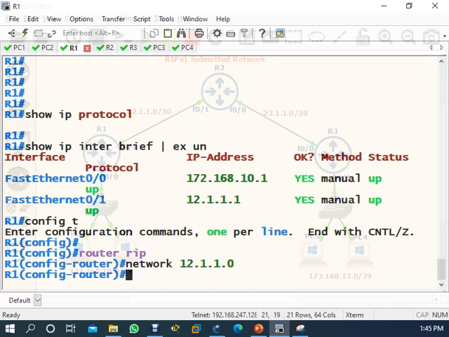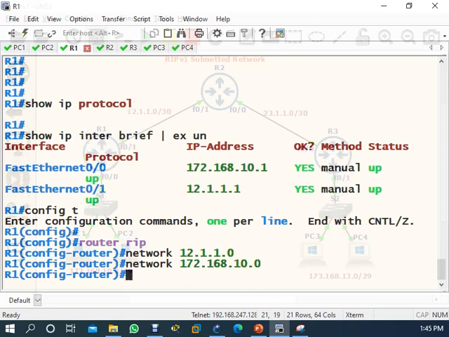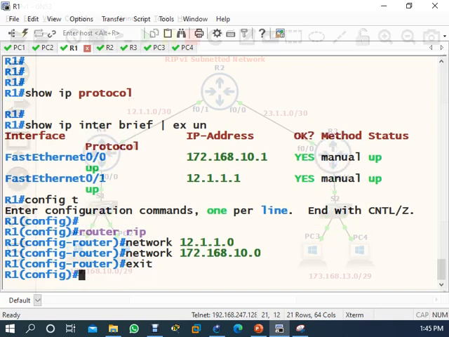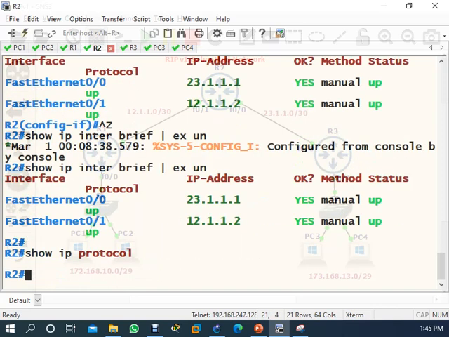Yes. .0. Enter. Then type exit. Okay, now come to router 2.